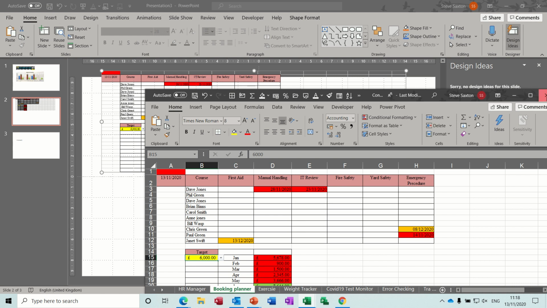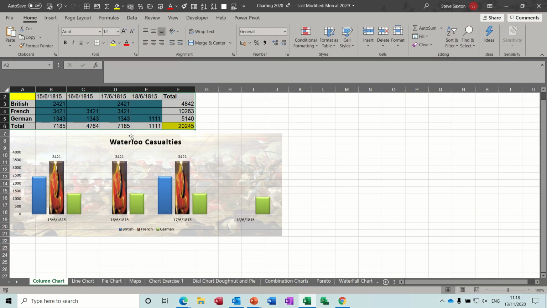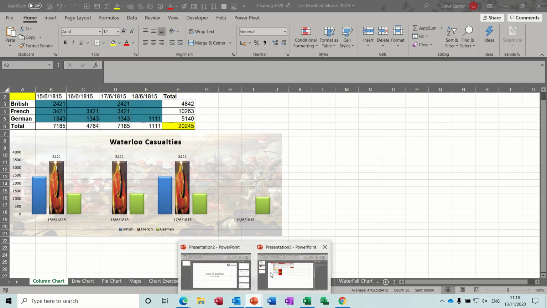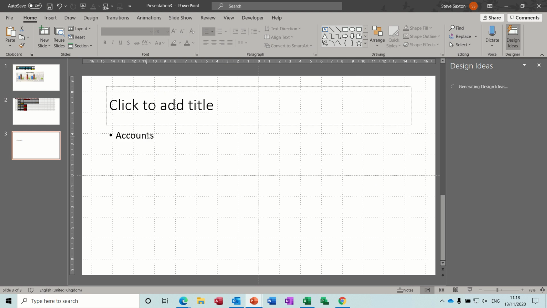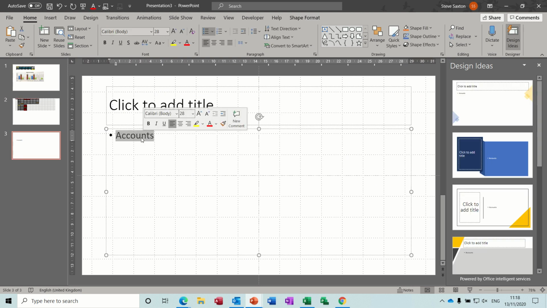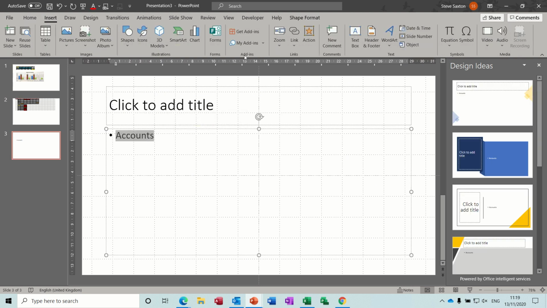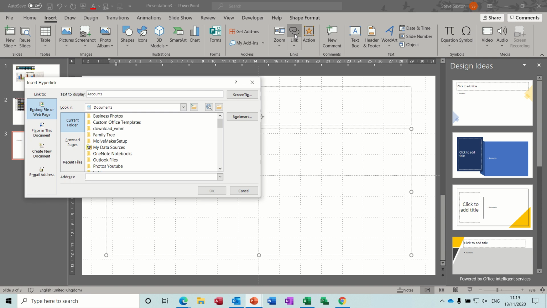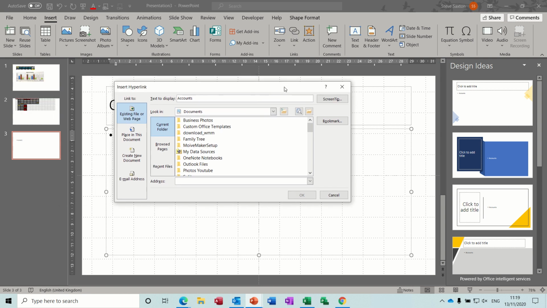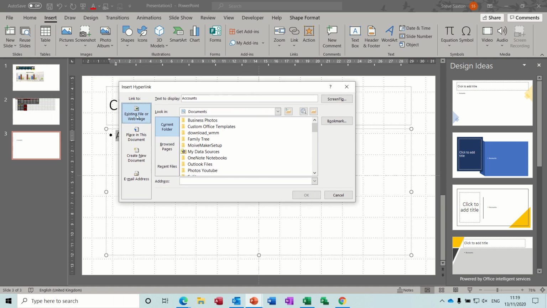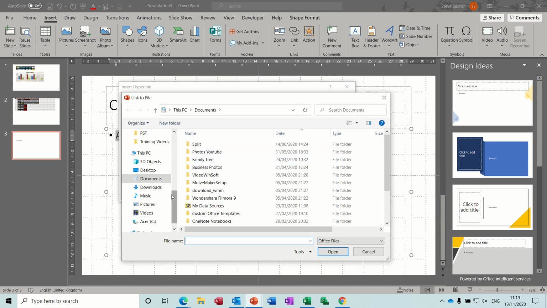Obviously you make that full screen, but you might also want to do a simple hyperlink, which is this next one. So if I double click on accounts to highlight it and then go Insert, Link, and if I just click on Link, it gives you the option there to link to a place in this document or an existing file. So if I go open and find another file in examples,